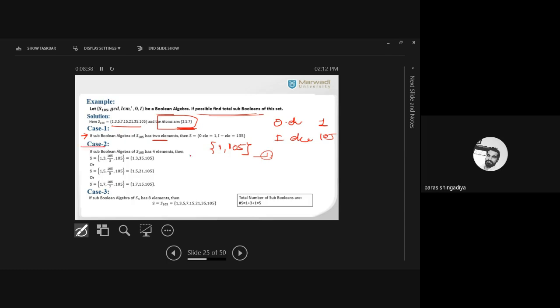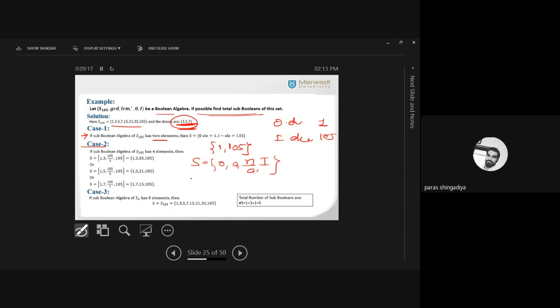Now we will use case 2. In case 2, we can find the sub-Boolean algebras which include 4 elements. So what is the formula for the 4 elements? S is equal to 0 element, A, n by A and I. That is the case we have: 0 element, A is an atom, n by A and I, that you have to find out. And then after checking, we'll get 3 different answers. Why are there 3 answers? Because in this case the values of the atoms are 3, 5, 7. So when we replace every atom in the formula, we'll get 3 different answers.